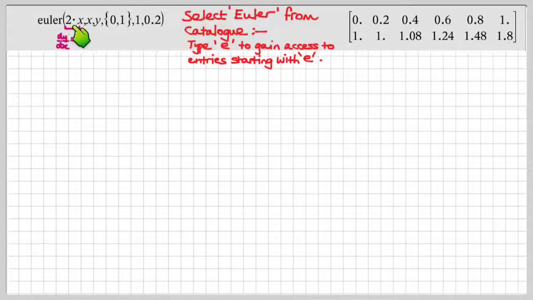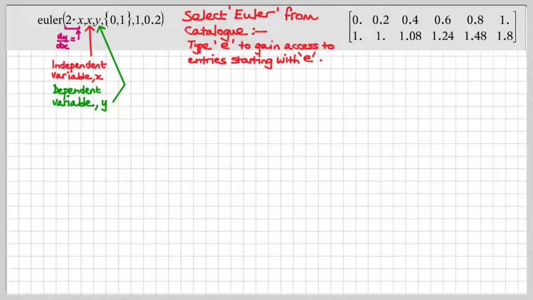So this is dy dx. This first entry is dy dx, then you put a comma, and then you put x. Okay, that is the independent variable. Whatever the independent variable is, in this case it is x. Then you put the dependent variable, which in our case is y. Okay, no surprises there. So it's 2 times x, comma y,